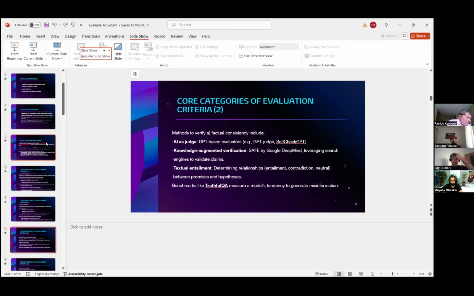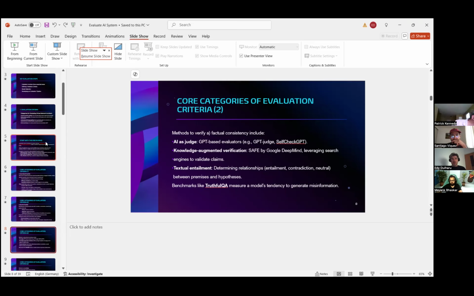There are several methods which can verify different sub-criteria like factual consistency, and probably the most important, from my experience, was the personal and heuristic-based measurement.